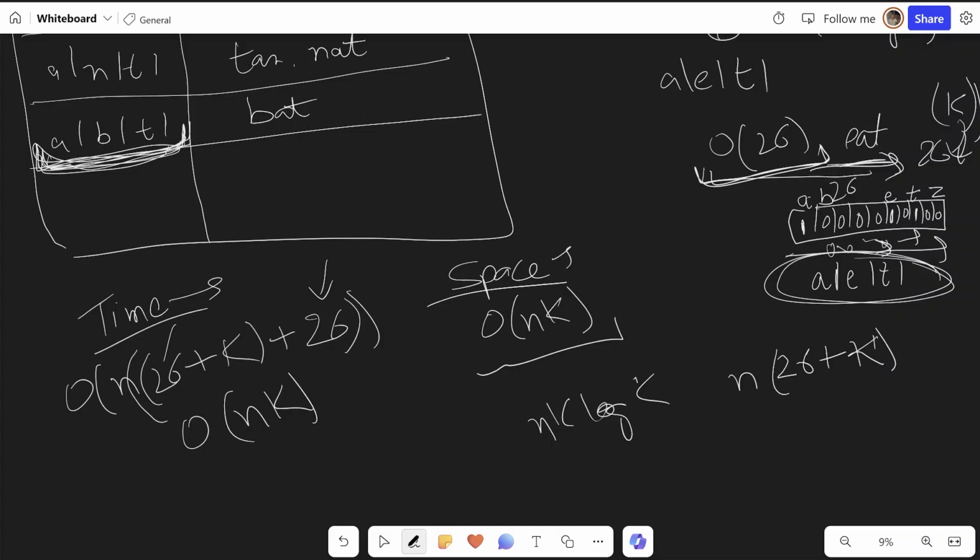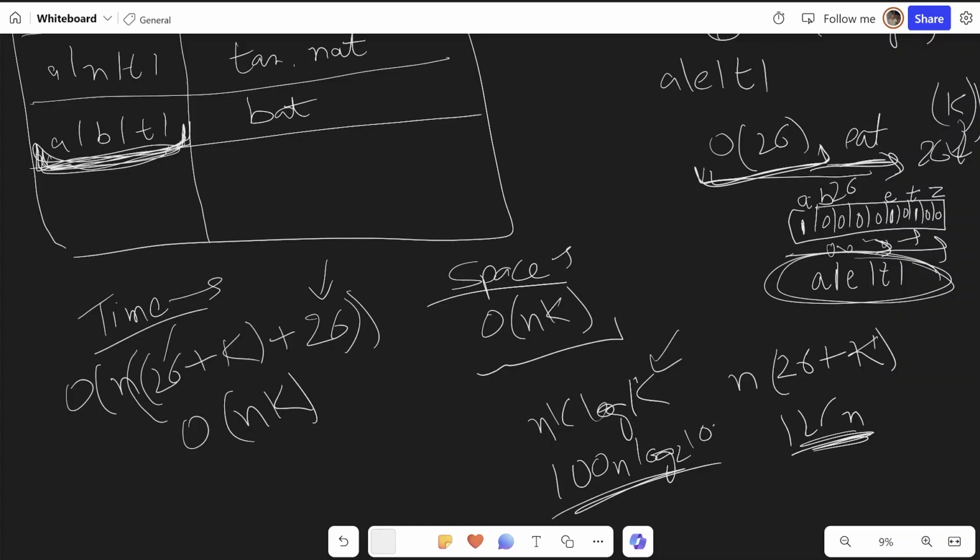Even if k is 100, this would be 100n plus log 100, and this would be 126n. So you can see there's not a lot of difference in these two values.